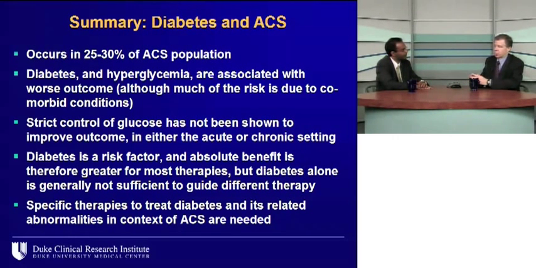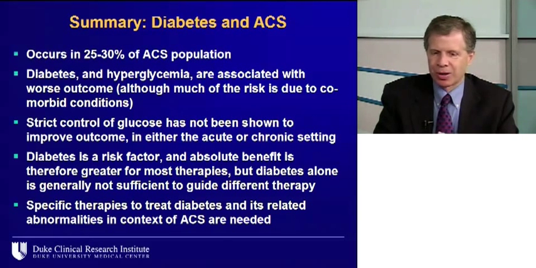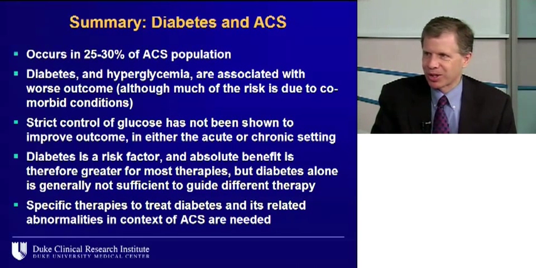So our algorithm, Sunil, which you've been helpful in developing, actually doesn't take diabetes itself into account to make decisions. What our algorithm does is basically take patients and put them into either a moderate or high risk category or a low risk category. And if they're moderate or high risk, then we generally apply a standardized approach that includes an early invasive strategy. We've generally now limited the use of prasugrel to patients with STEMI and to patients who have failed, who've had